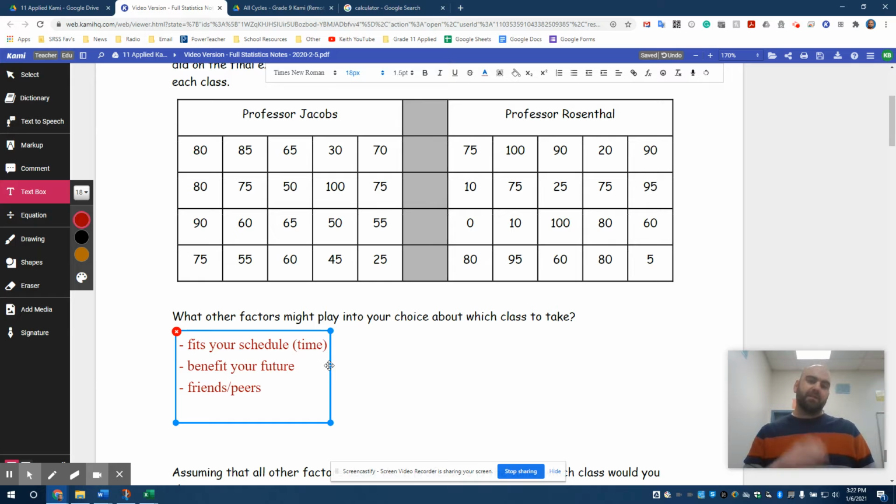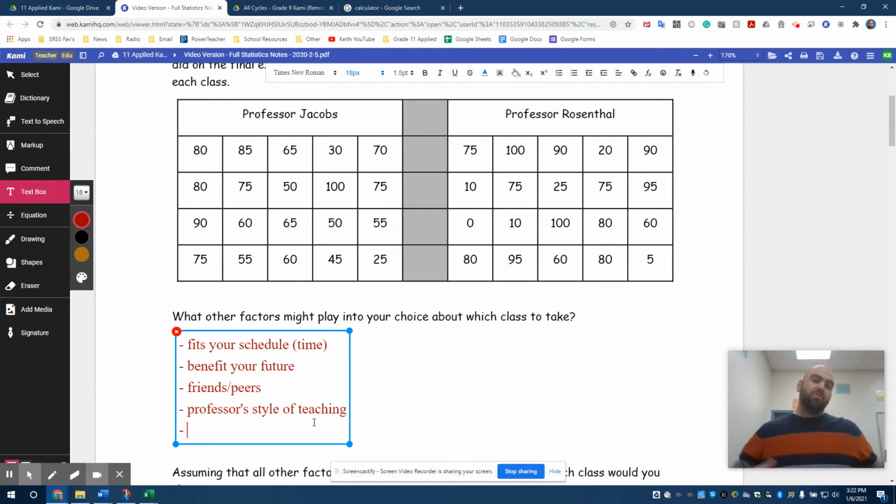Okay, you can pick classes that are exactly the same as your friends, and so you can be in the same class as they are. One of the things that you might take notes of is the professor's style of teaching. Okay? If you can pick which professor you want to be with,